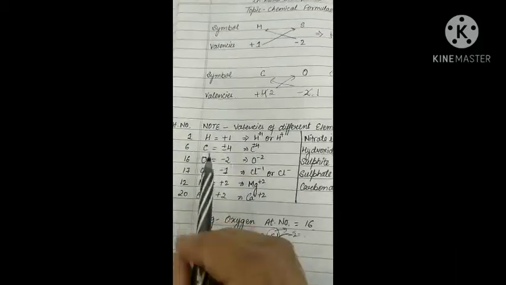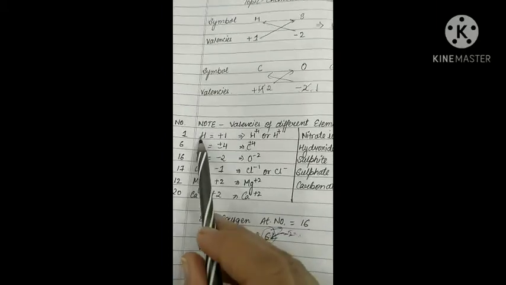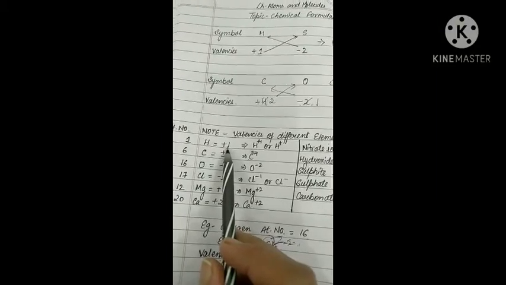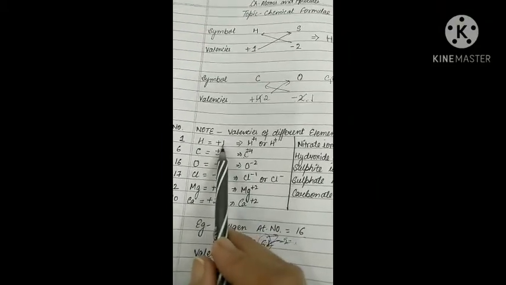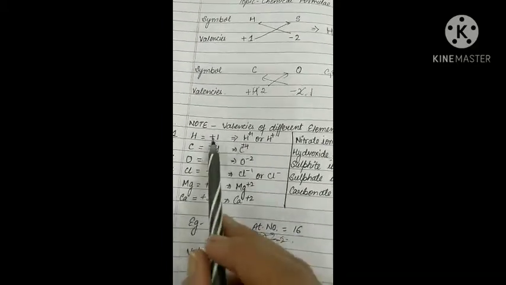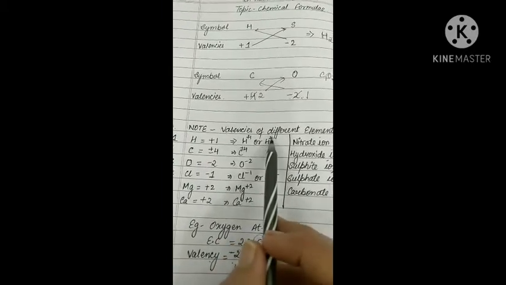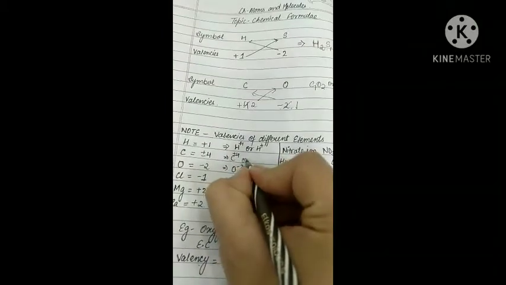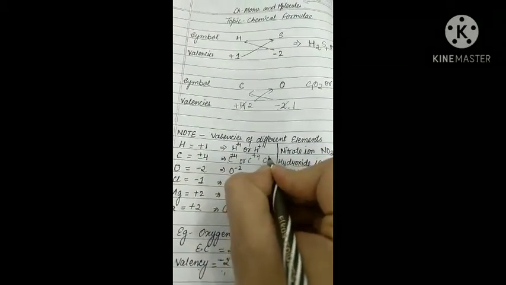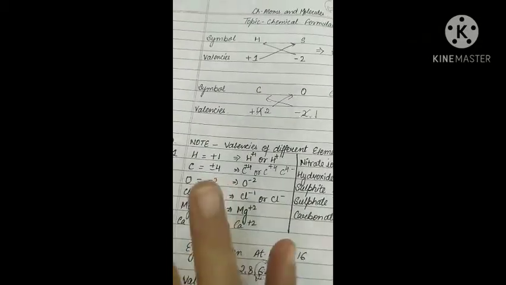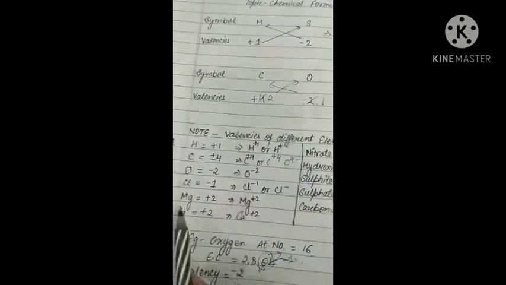This is how we make any formula. This is a note of the valency of different elements I have written, like hydrogen +1. It can be -1 also, as in hydroxide, but right now I'm talking about +1, which is taken most of the time. Carbon is +4 and -4. We can write hydrogen as H+1 or H positive, both have the same meaning. We can write C as +4 or C4-. If the 4 comes first or the minus sign comes first or the plus sign comes after, it's absolutely fine, both are right.